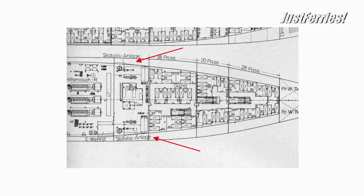Also installed was an AEG Denny Brown fin stabilizer system, which had 4.2 square meters of fin area, a maximum fin load of 29 tons, and a maximum angle of attack of 20 degrees. The system achieved the most significant reduction in roll angles, between 18 and 22 knots of ship speed. In this case, roll angles from 30 degrees to just 3 degrees. The automatically operating unit was connected to the ship's log. In a malfunction at one fin unit, the one in question was shut down. At the same time, the other remained in operation and was still able to achieve a damping performance of about